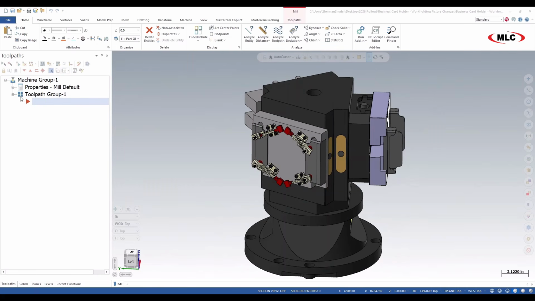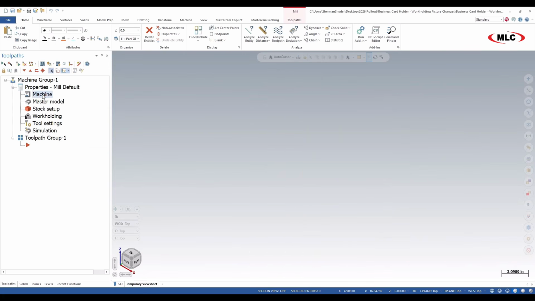Let's take a look at the changes inside of the machine group setup for Mastercam 2026. Right now you can see that we have the option to select machine, master model, stock, etc., all from the drop-down window, where previously we only had files, tool settings, and stock setup. When I open the machine area,